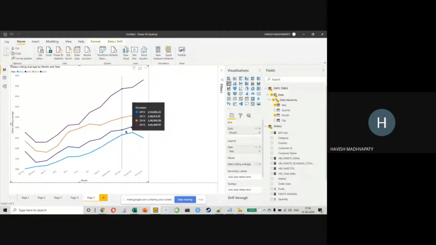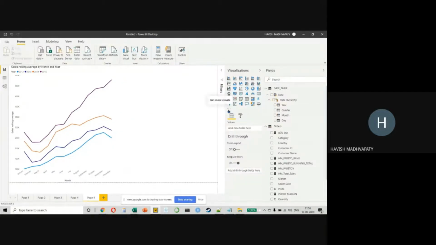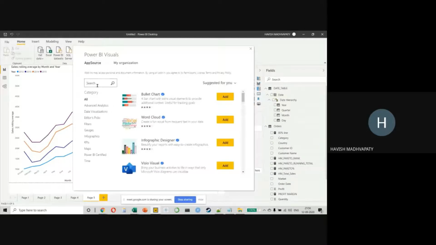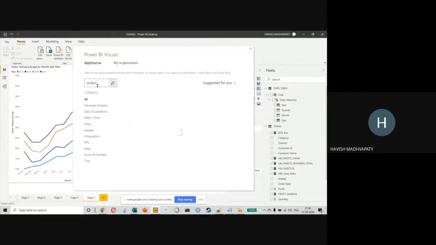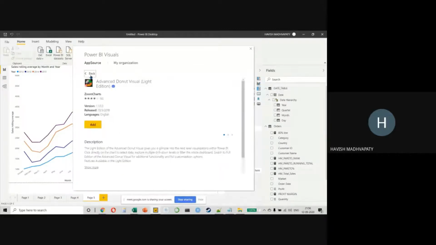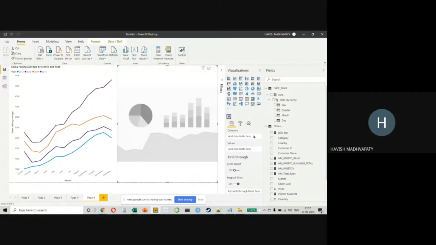The calculation could have been anything that you wanted. The beauty of Power BI is that you can use additional visualizations. For example, I can go to these 3 dots and get more visuals. There are over 200 visualizations available here. So I'll just select something called a donut chart, right? It's called the drill down donut chart, this one, advanced donut visual. And how does it work? It's like a pie chart, but the difference is that this has levels in it. So in my value, I'll keep my sales value.